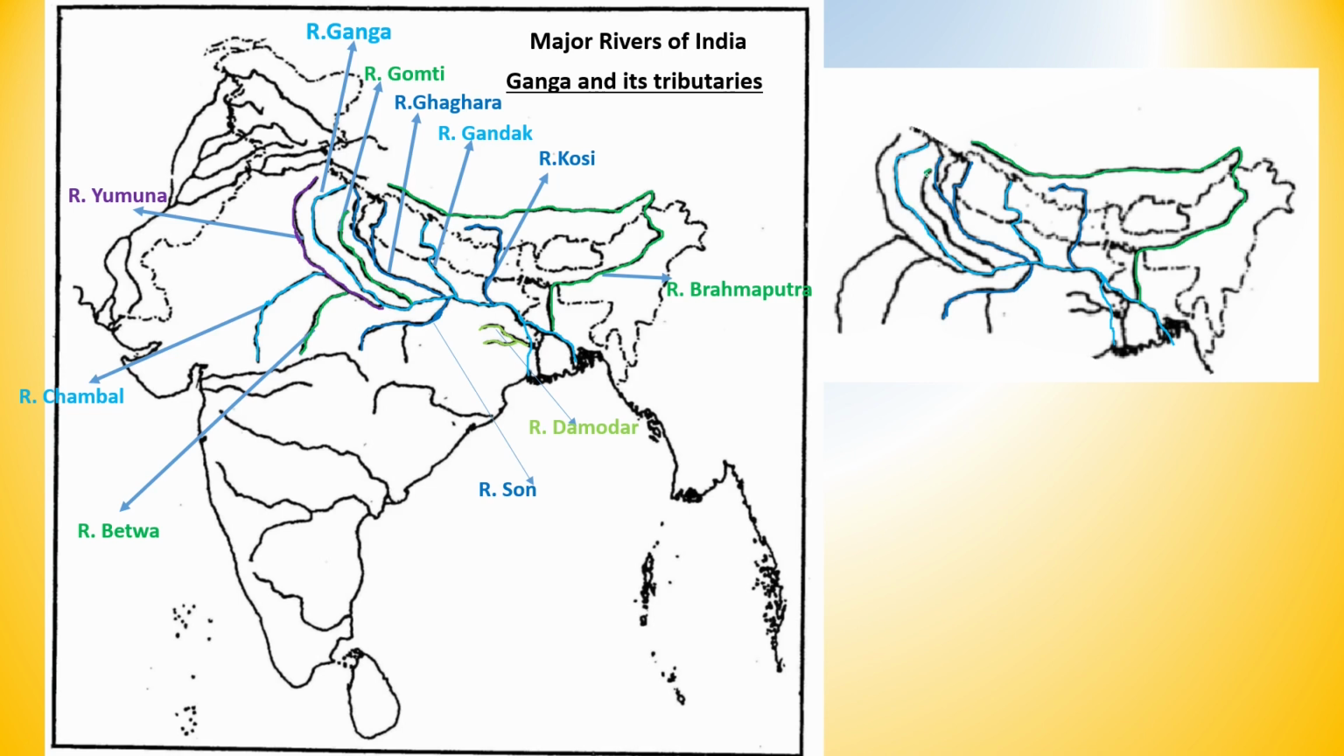Gomti is flowing to Lucknow also and joining with Ganga. Other river is Betwa. Betwa is the river which is the tributary of Yamuna, not Ganga. And if you are asked to mark Betwa, up to here you have to mark. You cannot mark the other length of river Yamuna. Next one is coming